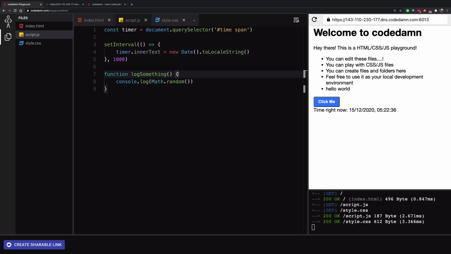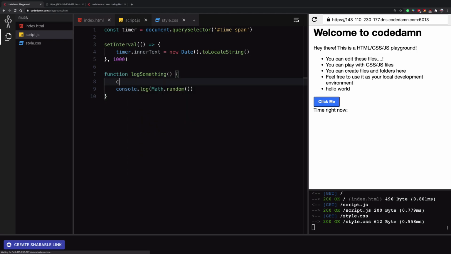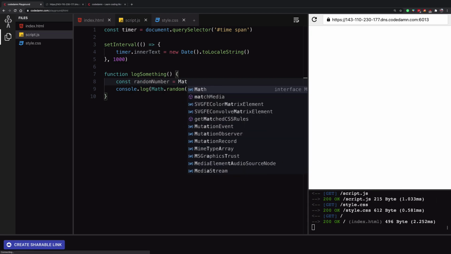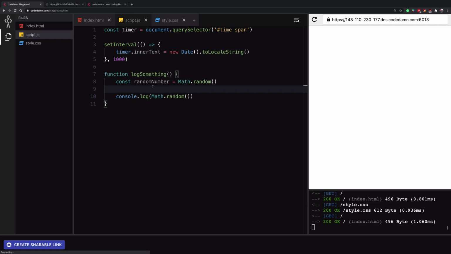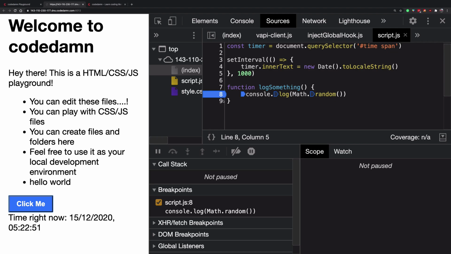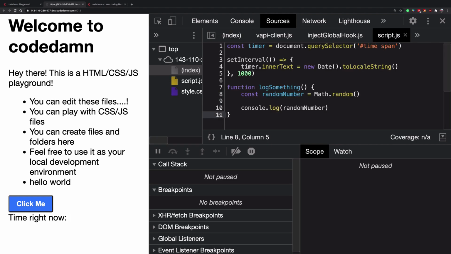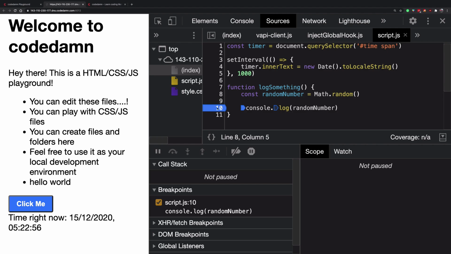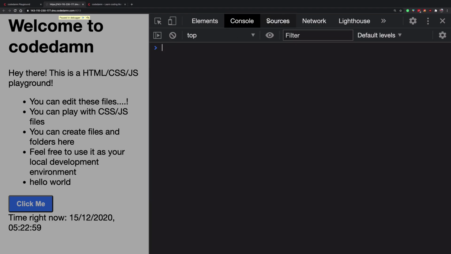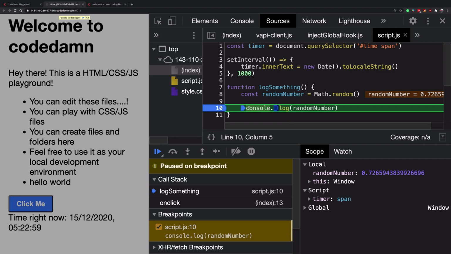Go back and let's say console.log, or maybe const random number is Math.random, right? And I just console log this bad guy right here. Now if I go back, refresh this, and if I click on line number 9, which automatically selects 10 because 9 is empty, and if I click on this button, you can see that in the console we do not see anything yet, right? Why? Because the console.log line has not executed yet,